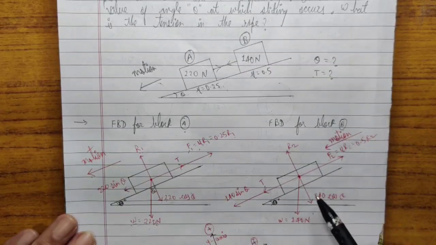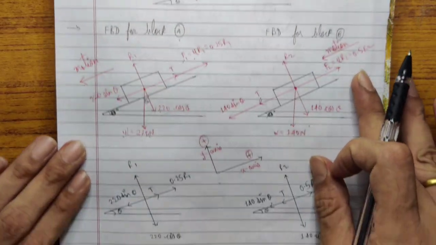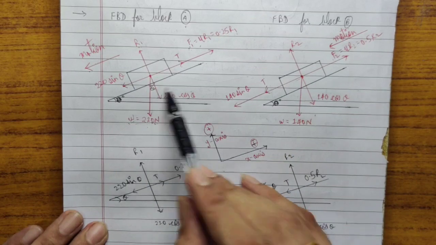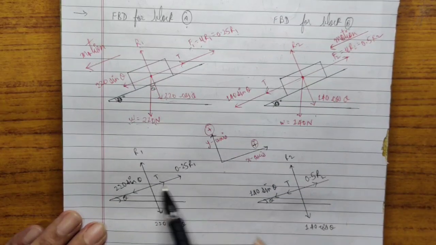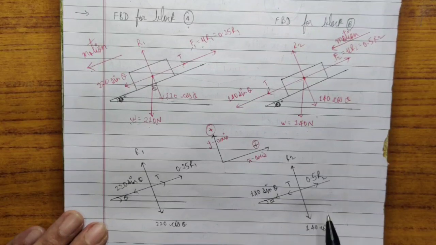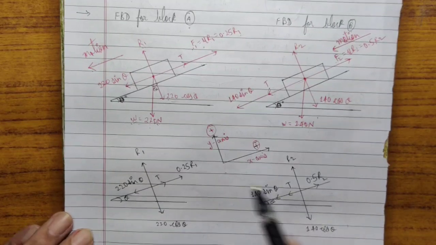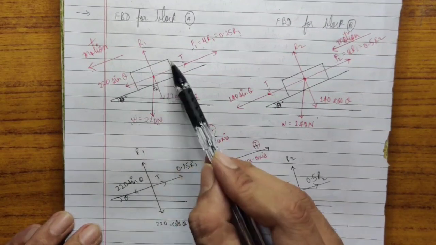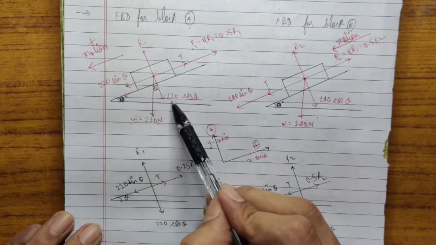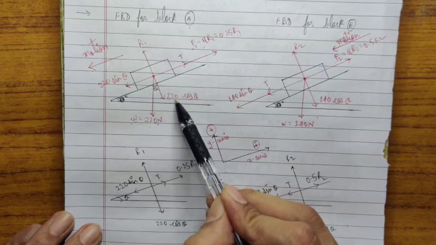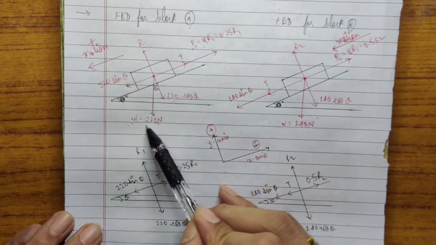For simplifying purposes I have further simplified these two diagrams by constructing these two diagrams. It is not necessary to draw these two diagrams, I have constructed them just for your better understanding. So see, I have eliminated this block and this W force. Why? Because W force we have already resolved in two components, so we will not consider this force, we will consider these two forces instead of this force.